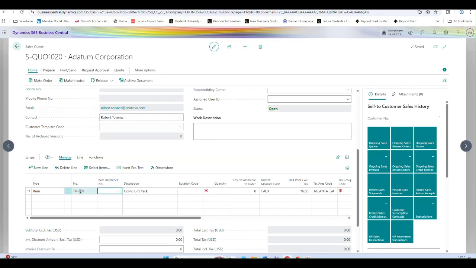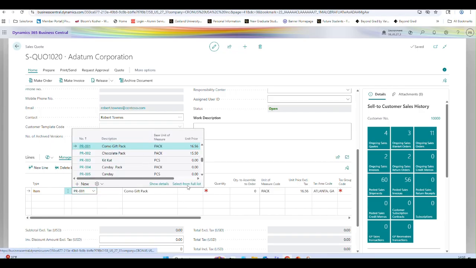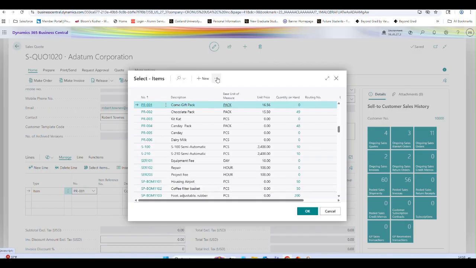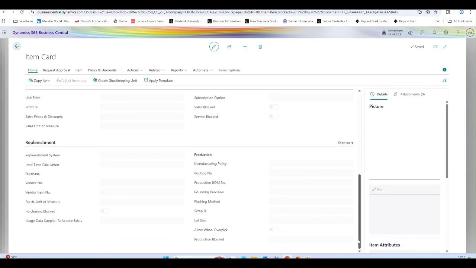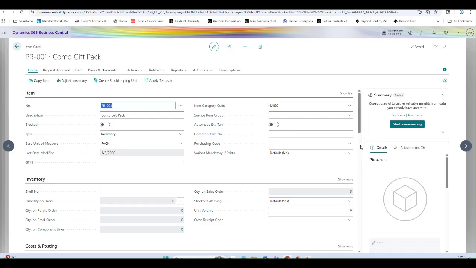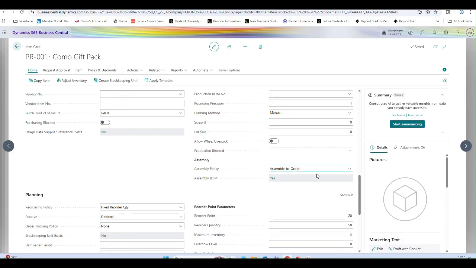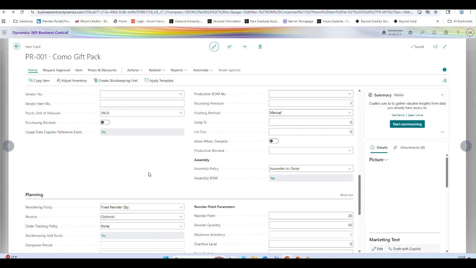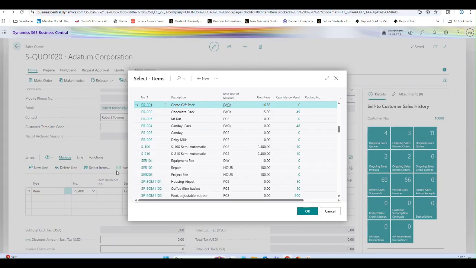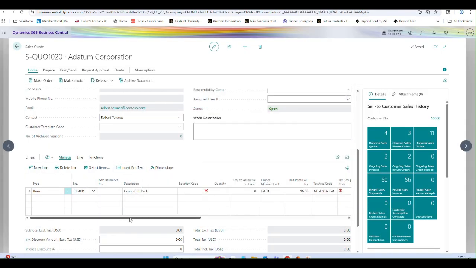If you remember, this item, if I go inside it, has assembly to order as the assembly policy. See, assembly to order, and the components are already predefined. Then how can we create the assembly order manually or from the sales order?